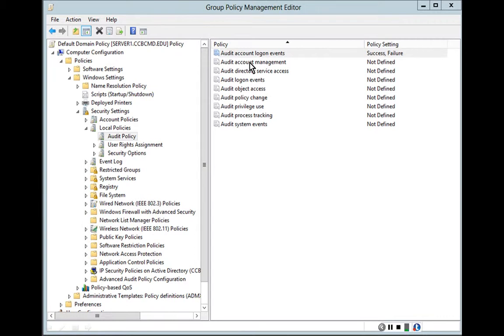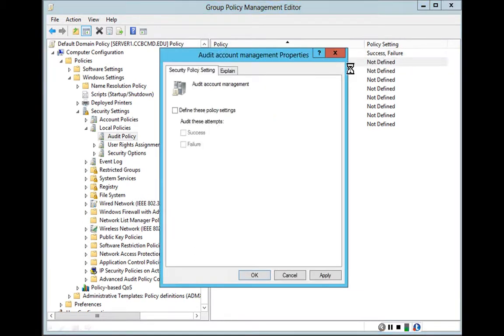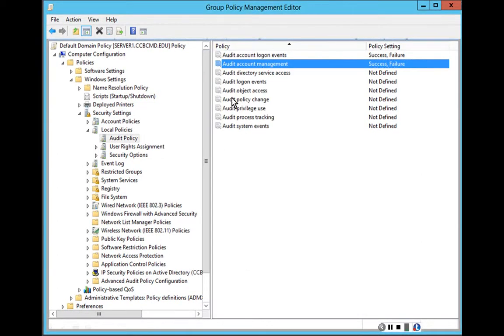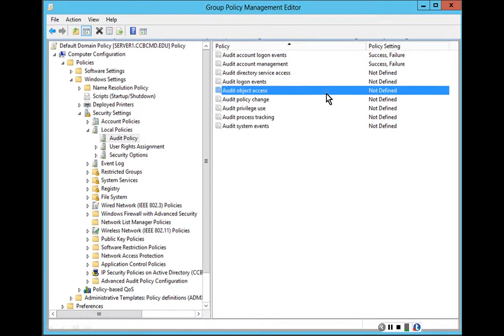And then auditing account management. When we audit account management, we're auditing what's happening to Active Directory, an administrator creating a user or deleting a user or changing somebody's password. And we can audit for success, and we can also audit for failure. Click on OK. And then when we talk about auditing object access, an object is a thing, but usually what